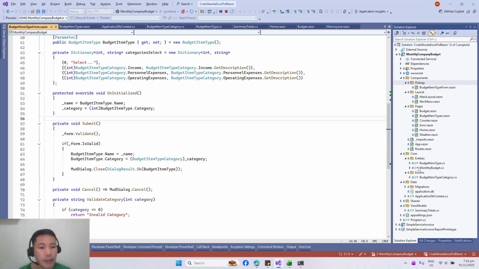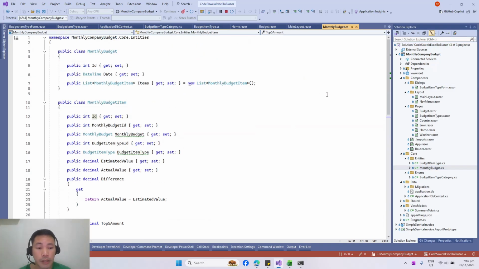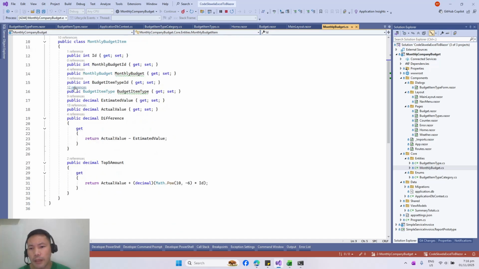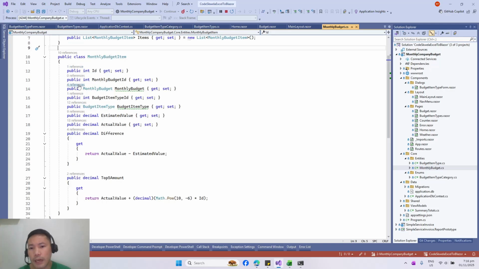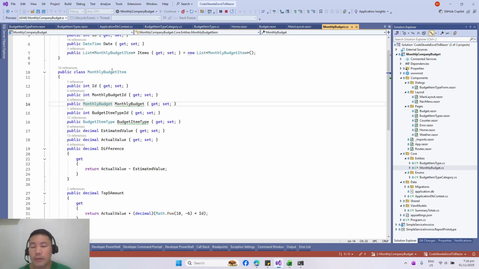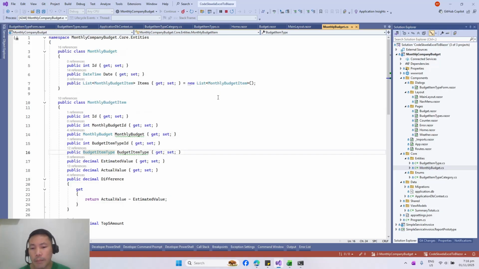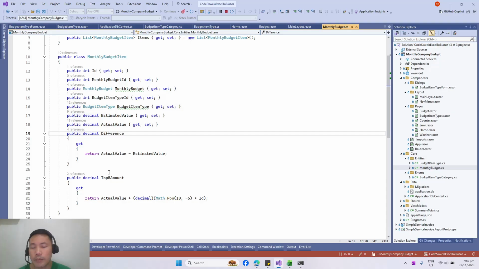Next is to identify another entity that we'll use for storing our budget items itself. So we have these two classes here, monthly budget and then monthly budget item. The navigation property for the monthly budget, the items would be under it, as a list of monthly budget item. And then the item itself is composed of this class. So you have a reference to the parent monthly budget, and then the budget item type, and then some other get properties here. So I've added it here so that